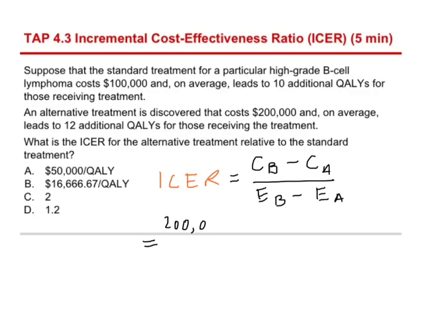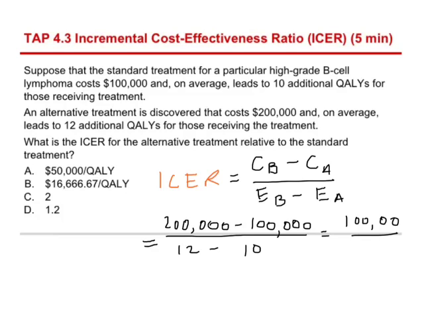200,000 minus 100,000 divided by 12 minus 10. And we end up with 100,000, remember those are dollars, divided by 2, those are QALYs, and that is equal to, forgot a zero there, $50,000